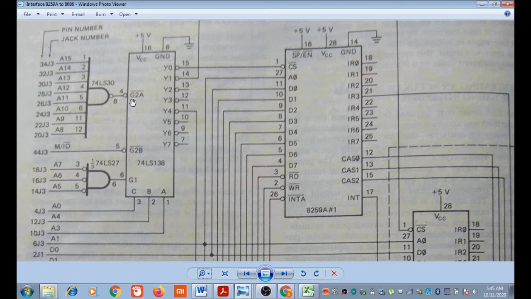So let us think about this signal. See, this is a NAND gate, isn't it? Then again its output is negated. So this should be active if a 0 reaches here. This is active low. A 0 will appear here if and only if all these inputs are logic high. So A8 to A15 should be logic high.